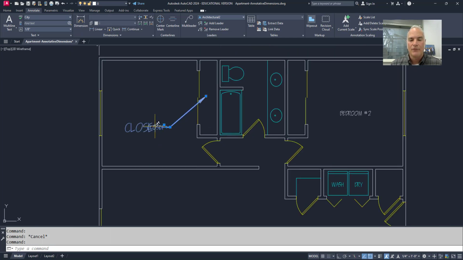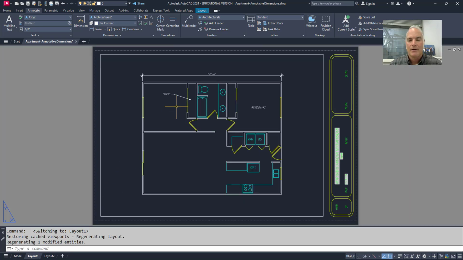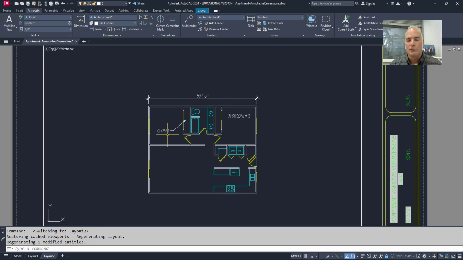Okay, if I hover over it, this one is the smaller one. So I can say, let's put one here and one there. So this is the quarter of an inch is equal to a foot. This one's 1/8 of an inch is equal to a foot. If I go to here, here's my 1/4 of an inch is equal to a foot. Here's my 1/8 of an inch is equal to a foot, but everything is the way it's supposed to be,